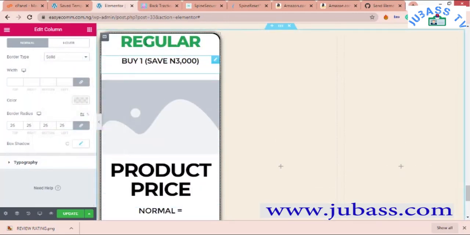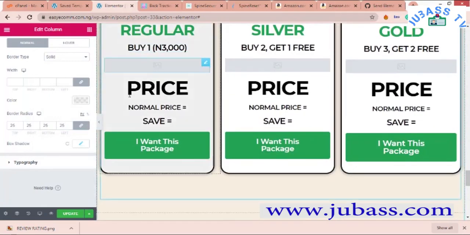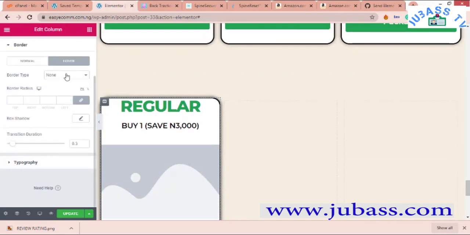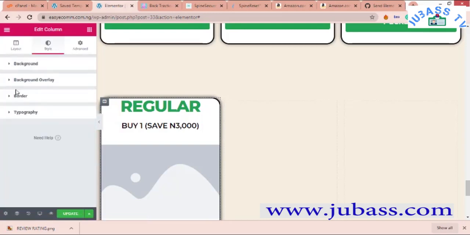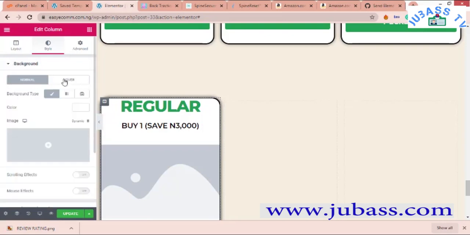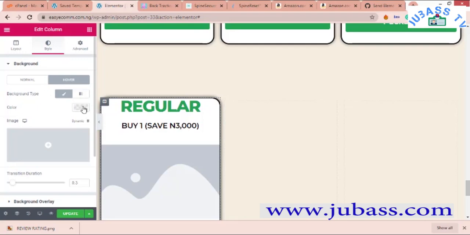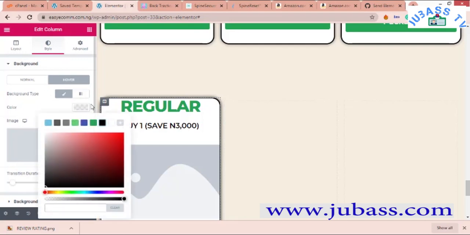Now it's to make this whole thing change color whenever I hover around it. So what do you do? Click on hover, then on the hover, you want to, sorry, this is border, pardon, go back to background. Okay, then click on hover, then click on the background type, the color grade will come out, then you choose what you want. Let's say I want this to be gray, so I'll choose gray, then I'll drag this black part over here like this,